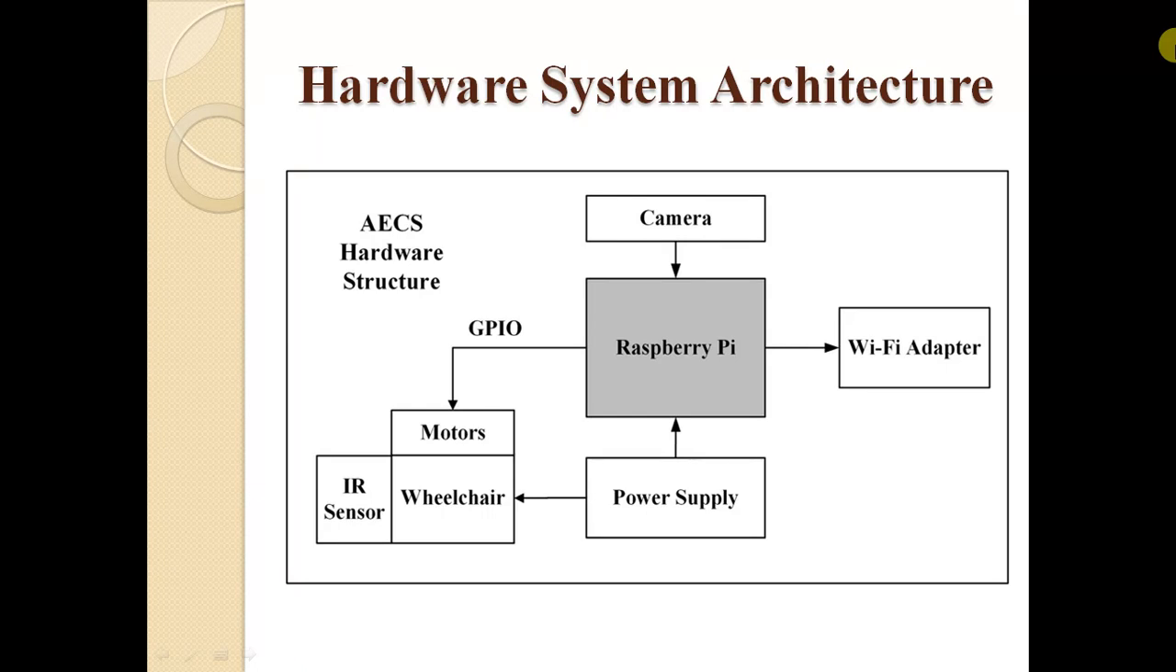This is an example where a hardware system is created with a Raspberry Pi, which is having input from a camera and power supply, and it is giving an output signal to a GPU, to motors and a wheelchair, which is having an IR sensor. So this is the classification based on instruction set and